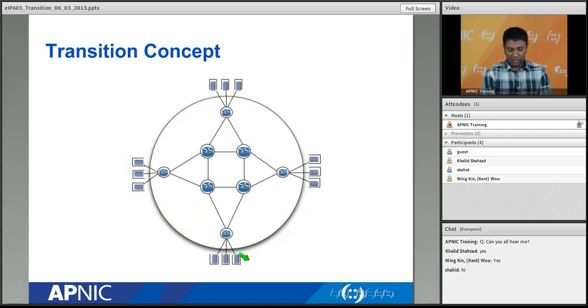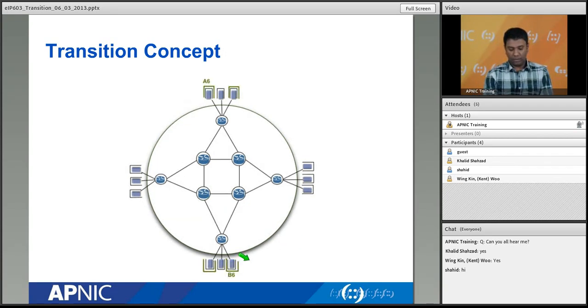So at this stage, because of the scalability problem, we have introduced a new operating system, installed the new operating system on the network. That's why all those machines now become green as well. So it has got two protocols, both V4 and V6. That is why all those machines that you can see have got both a black box and a green box.